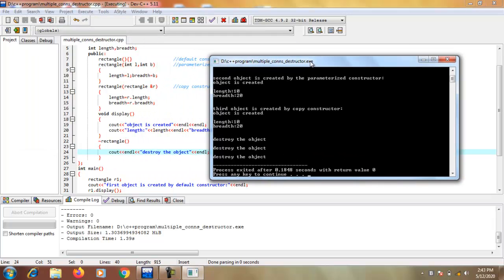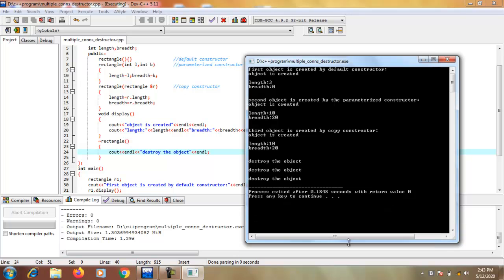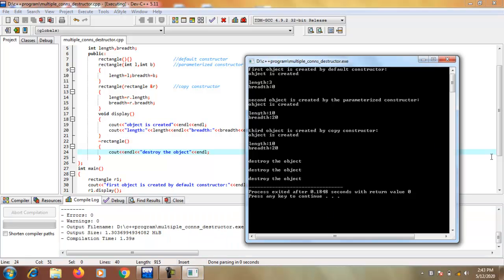Okay, you see that here first I create an object R1 which calls the default constructor. After displaying the values of R1, I write that the first object is created by the default constructor.